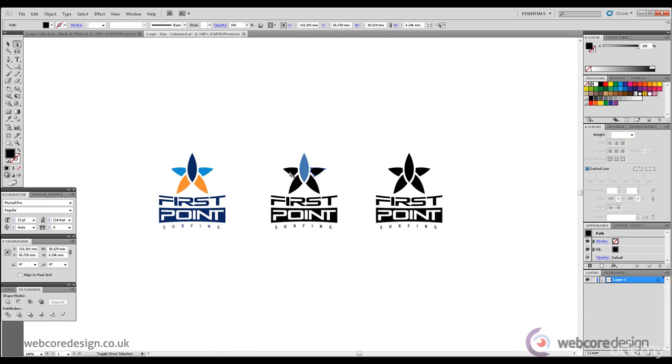Selecting other parts of the star, left mouse button holding shift to select both, and we want another shade for the sea, so clicking on a colour, a blue in the swatches, and then we use the sliders again, the colour panel, to manipulate the CMYK. See, we could have the sea